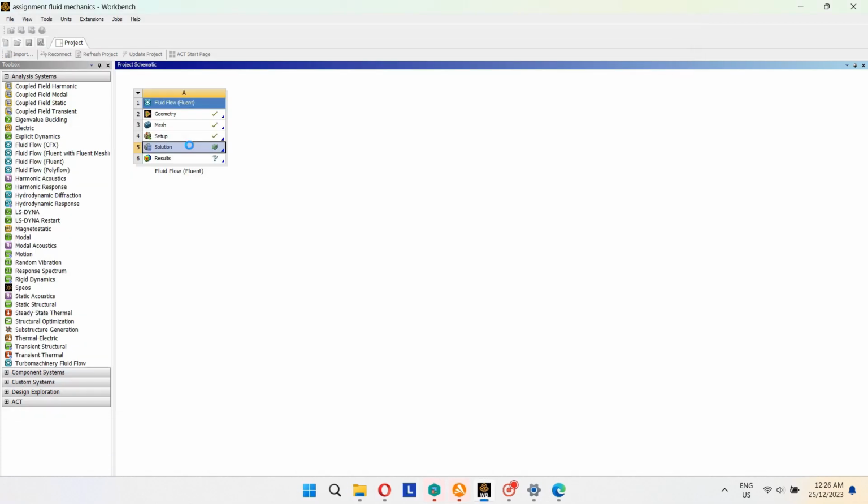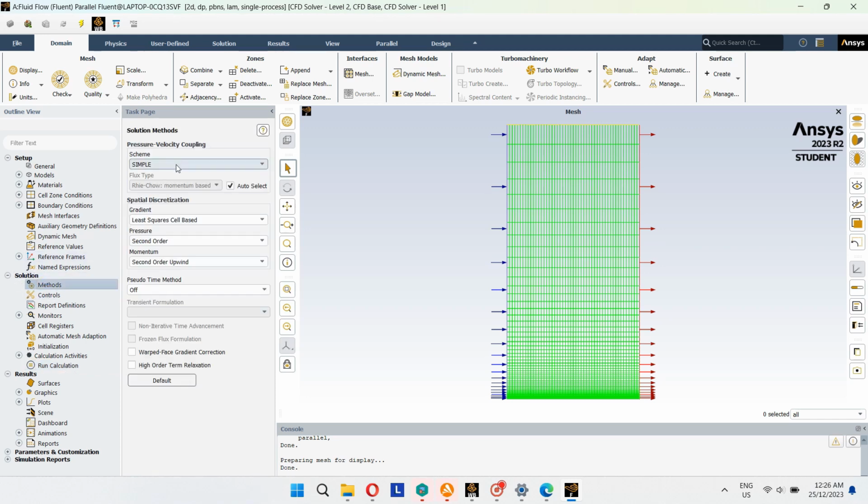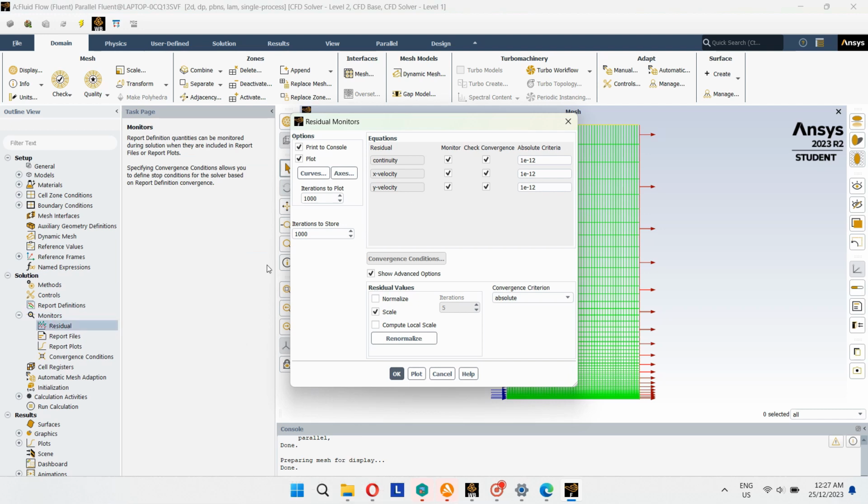That's it. So the same part. And the first step, go to method and change scheme to simple, and then go to monitor and click residual and change the criteria to 1 exponent negative 4 to get a steady flow,